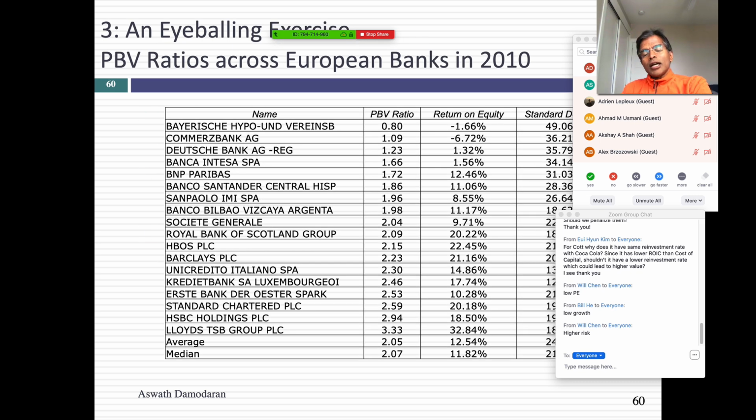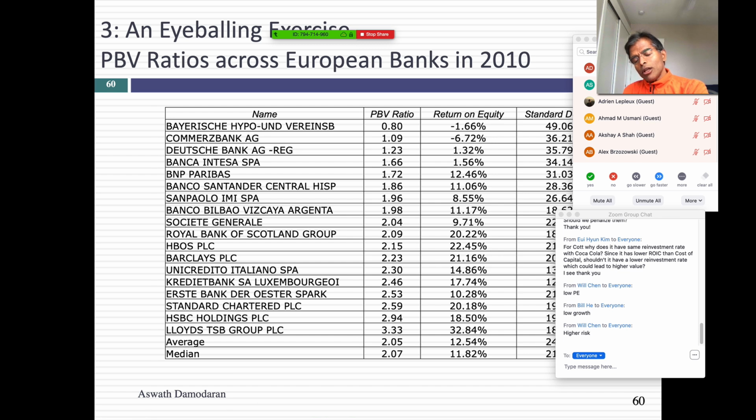One final exercise and then we'll end for today. So I was the beverage analyst and I got fired for my recommendations, and I became the emerging market telecom analyst and I got fired for my recommendation. But I've landed on my feet. I'm now the European banking analyst and it's 2010. I look at banks and I look at the price to book ratio, a very widely used metric for banks. But I've also given you the return on equity at banks and the standard deviation in stock prices.